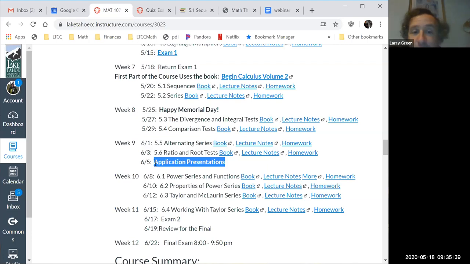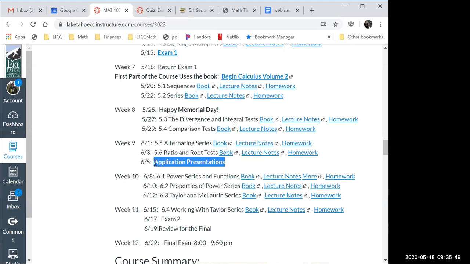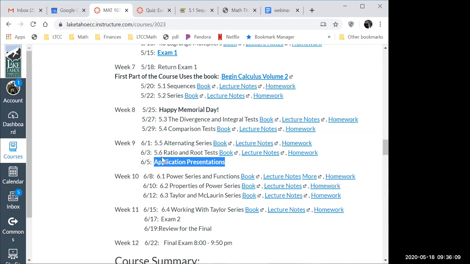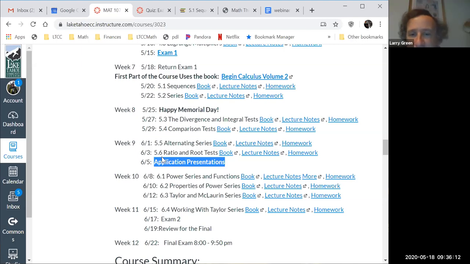And you're going to have 5 minutes to show an application. It could be anything from this class. Does that mean just this quarter? Yeah, this quarter. So multivariable calculus, or the stuff we haven't done yet, which we will soon, which is series and sequences. But there's more multivariable calculus applications that you'll understand anyway.